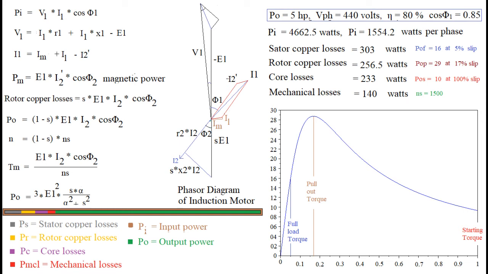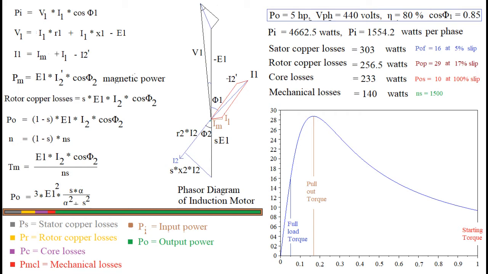Now let us consider power relations for induction motor by keeping reference to phasor diagram. The input to motor is shown by first equation on the slide. This equation is a product of phase voltage V1, current drawn by phase I1 and power factor of stator side. Product of these three terms is active power drawn by each phase. We have to consider how this power divides itself into various losses and power supplied from stator to rotor in the form of magnetic field.